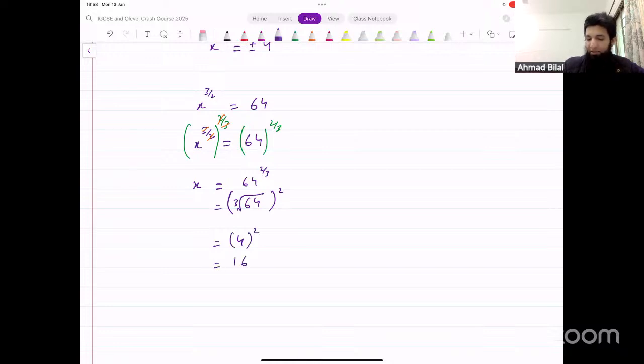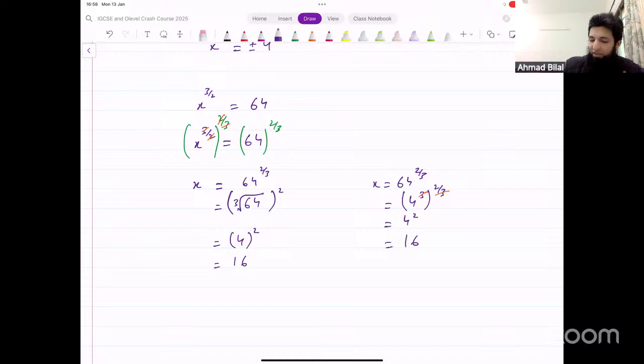and the result turns out to be 16. Or another way to think about the same thing could be, like we did before, we could write 64 as 4 cubed, right? Because we want to get rid of this power in the denominator. And then that becomes 4 cubed power 2 over 3. 3 and 3 will get cancelled, and we're left with 4 raised to power 2 again,